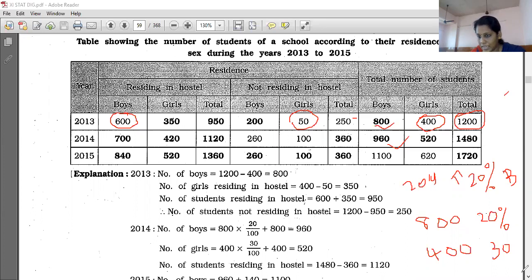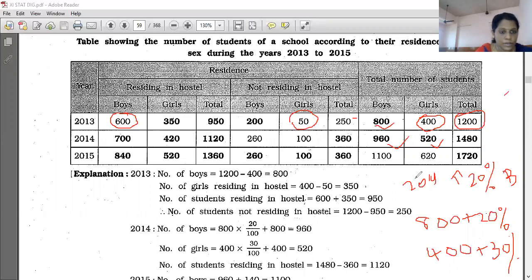Now with 800, plus for increase. Whenever they are saying that increase by 20%, then you add, and if it is a decrease, then you subtract, right? So 400 girls increased by 30%. Girls increased by 30%, so how much will it be? 400 plus 30%, that is 520, right? We got 520. Now the next sentence is